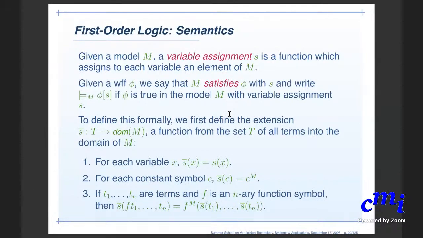So first you have to assign meaning to the terms. That is defined first. Given a particular variable assignment S, which assigns values to the variables, that is extended to S bar, which